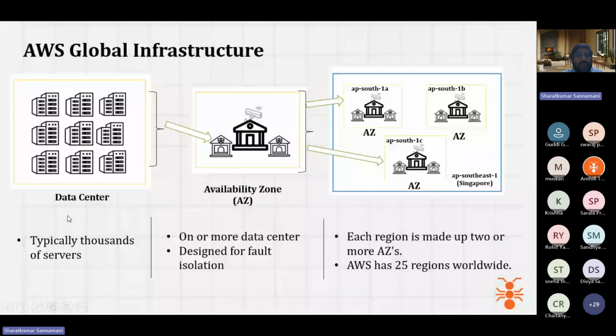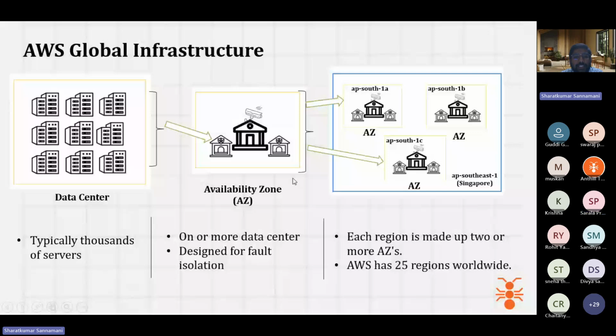We just discussed only one server actually. It's not the real example. In a real-time scenario, your application could be running in multiple data centers, not different servers. So if the whole data center or a whole building went down or crashed or something happened, still your application is up and running because your application is running in another data center. So this combination, we call it an availability zone.